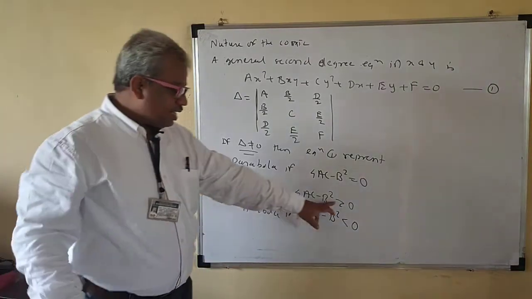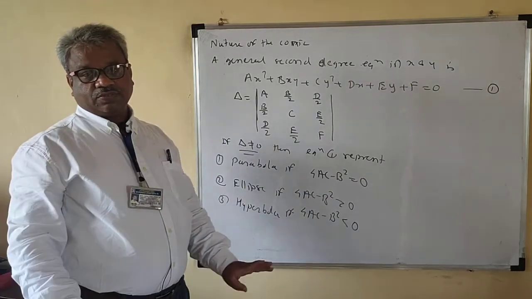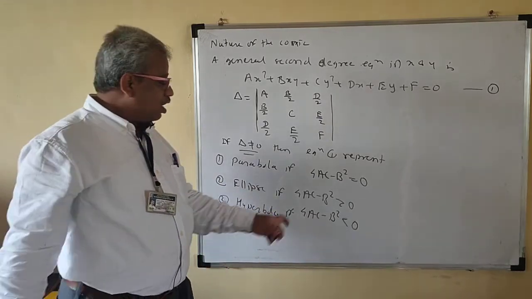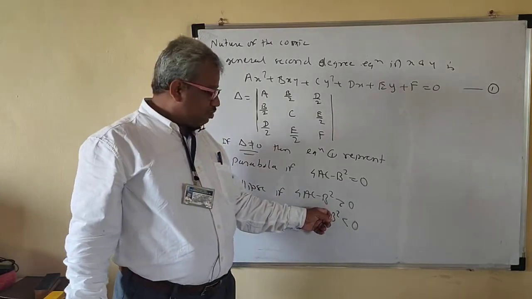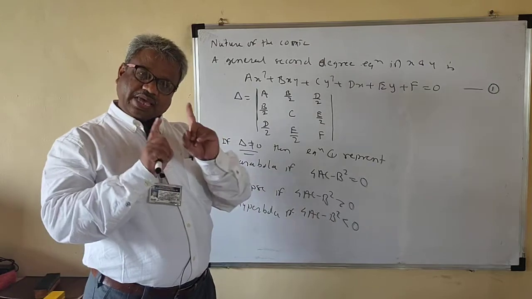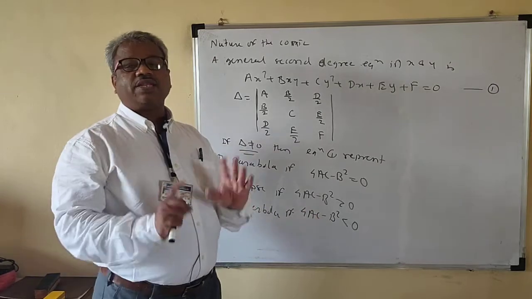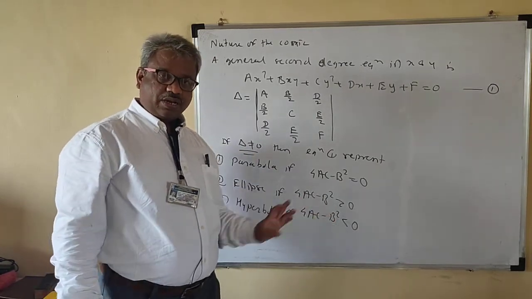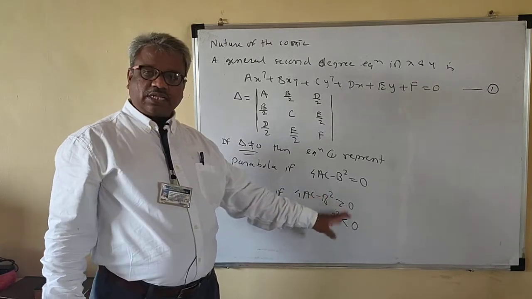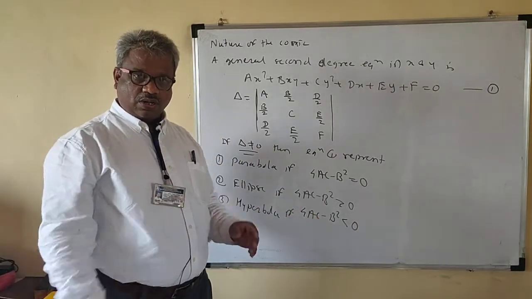So how to remember this greater than 0, less than 0? Note that if AC is positive, then this is an ellipse. If AC is negative, then this is a hyperbola. Because if you put B is equal to 0, then your AC will be positive or negative. That means if AC is positive, then this is the ellipse. If AC is negative, then this is the hyperbola. In this way, you can remember this. But note that you should have to take the b square. It doesn't matter if the b square is not there; if AC is greater than 0, then this is the ellipse. AC is positive, but this is not a standard rule. This is for our convenience.